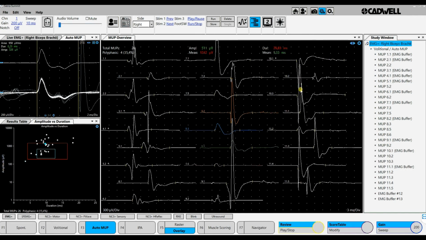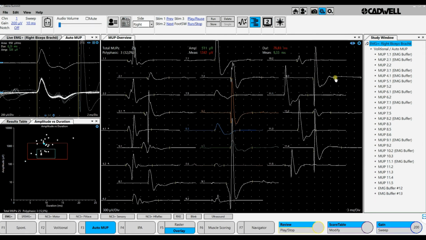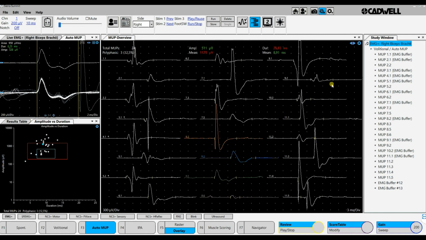This one is upside down, probably recorded mainly from the cannula, so I removed that. Here are some signals that have an abnormal cursor setting. This is acceptable, and here is acceptable, and here the start of this is questionable, but we don't change that. And now we have 24 different